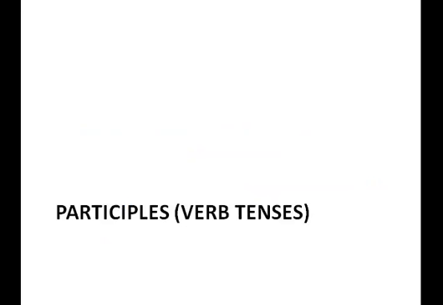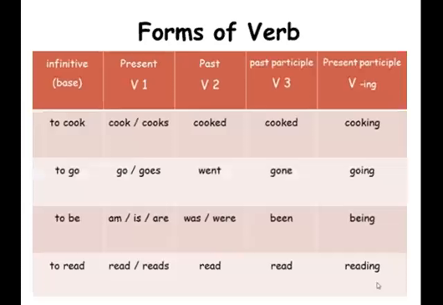Participles in verb tenses. Before we come to the participles, I'd like to clarify that a verb can change into 5 different forms. The first form is also called imperative. By the word imperative, we mean